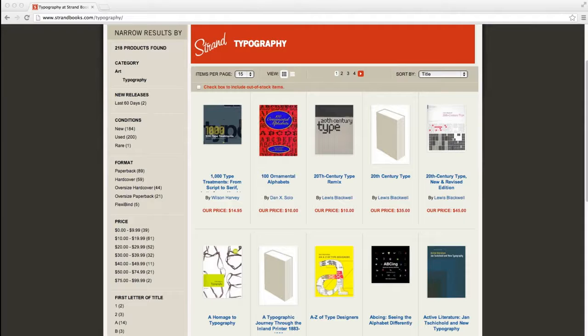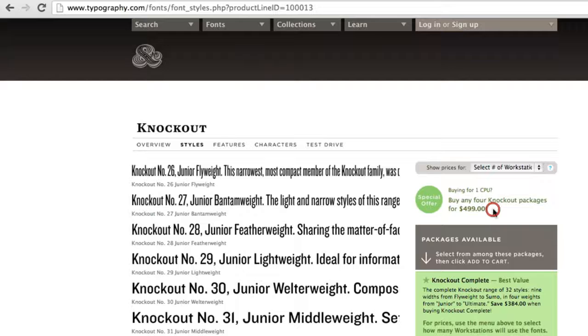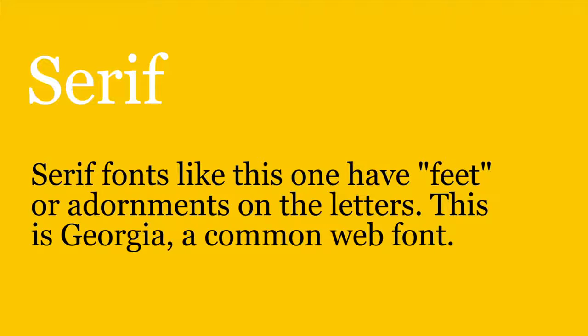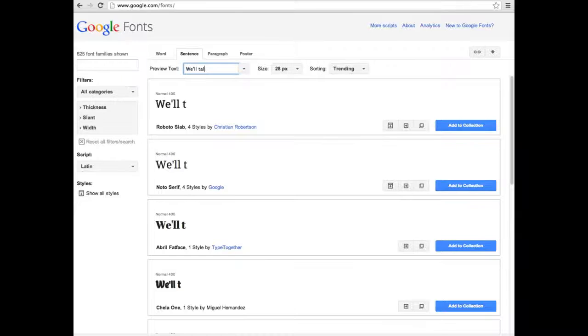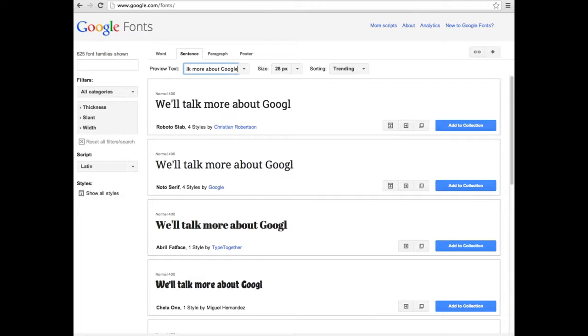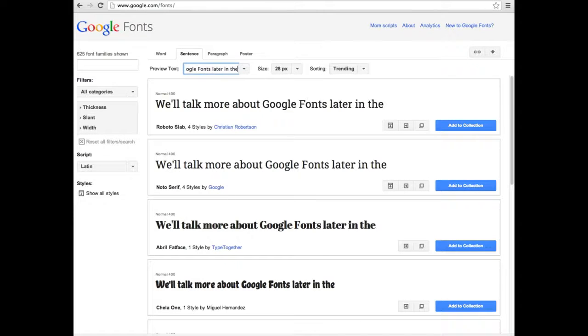Books are written about type, and graphic designers pay hundreds of dollars sometimes for a particularly fine font. Font types are divided into several broad categories: serif fonts, which have adornments on their edges, and sans serif fonts that don't. Google Fonts is a great resource for you to find free open-source fonts that you can use on